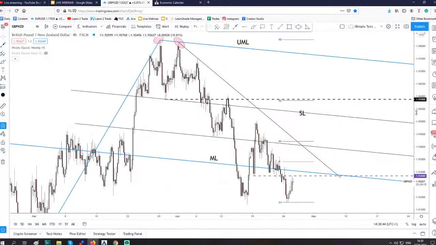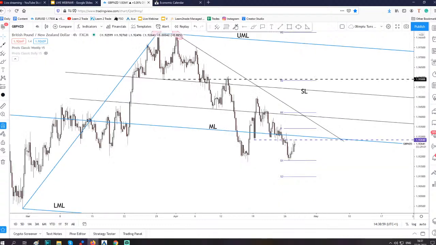So as I've told you in a previous live webinar, the bias was still bearish. I believe we were here when we talked last time about this one. So I've told you that the price could continue to drop towards the former lower low, towards the weekly support, and